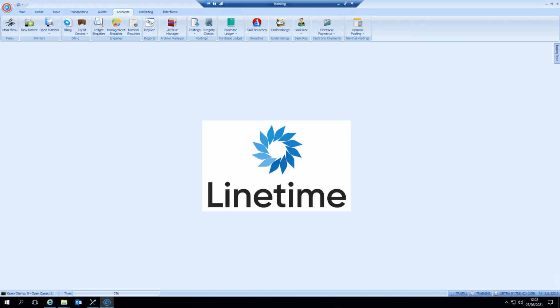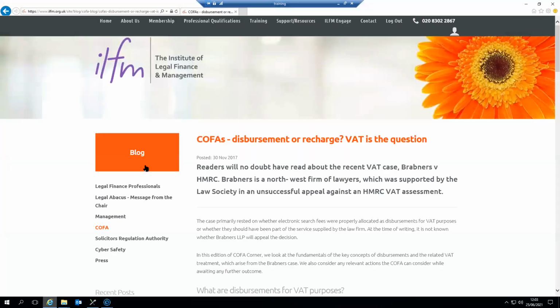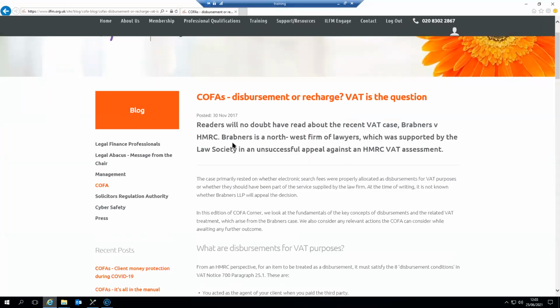Now, the functionality that I'm about to show you allows you to raise a disbursement. And once you've raised a disbursement, the functionality allows you to mark that disbursement as a cost transaction, effectively a recharge. Now this all dates back, just a bit of history, this website that I've got here, which is the Brabner's case, and disbursement versus recharge. Effectively the fundamentals of the case were that